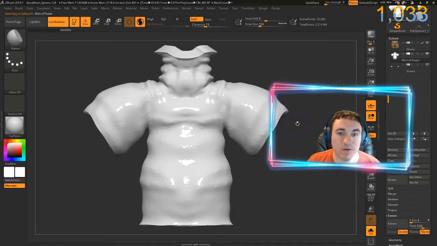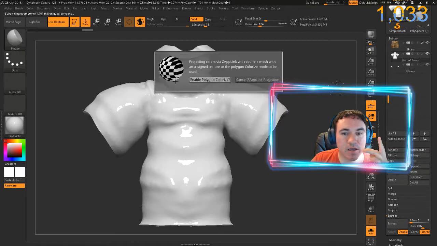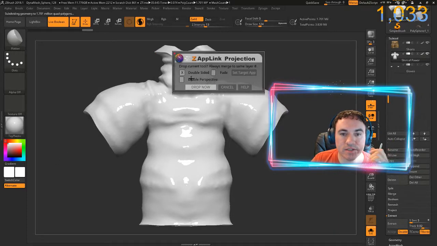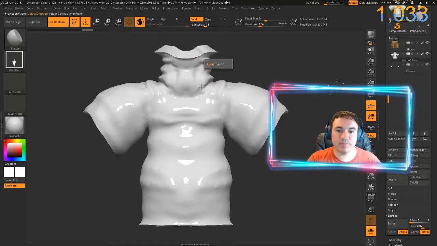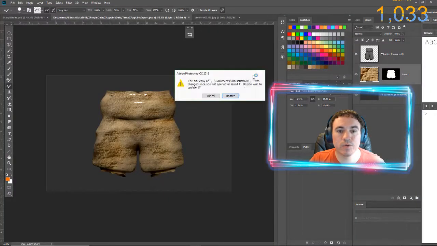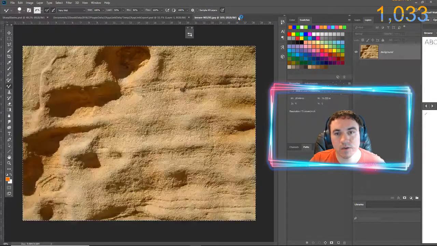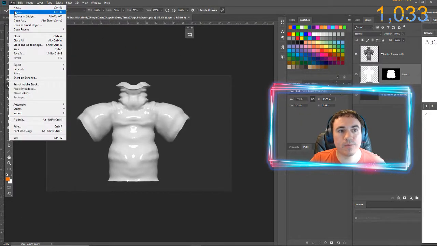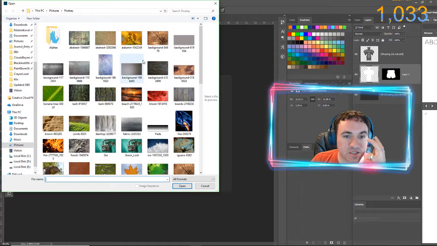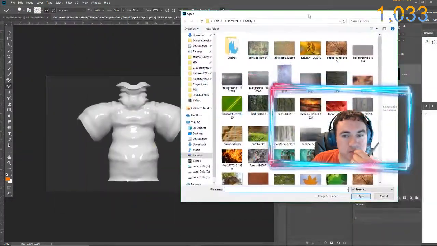Okay. Now, very similar thing. I'm going to Control D twice, giving me 1,000,000. And then Document, ZApplink, Enable Polygon Colorize. That's good. Double-sided. Let's do the same thing. Really powerful and quick. Okay, now let's close this guy and then open up another texture. I got free images from Pixabay. This is going to be a shirt, so